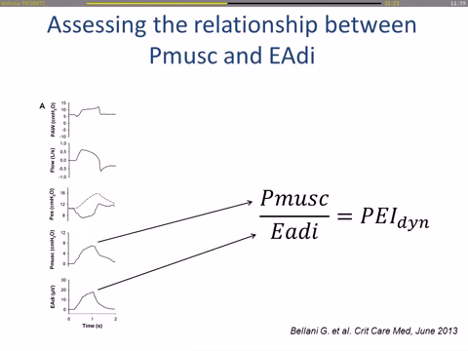Now, we played a little trick. In each patient, we have a relationship between the pressure developed by the muscles and the electromyographic signal. Unfortunately, we need esophageal pressure to know the pressure developed by the muscles. And so, again, we are stuck with this damn esophageal balloon story. But